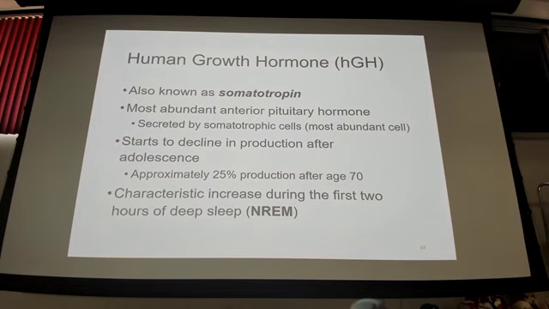Does anybody know the difference between REM and non-REM sleep? NREM, rapid eye movement, non-rapid eye movement. NREM is the deeper sleep, right? So it usually comes after. So the initial portion of NREM sleep is where we start to really make a lot of growth hormone. Does that make sense? What is the function of sleep? Rest and regeneration. So we're making growth hormone in order to help regenerate when we are in deep sleep. We're in the most rested and regenerative phase of sleep. Does that make sense, everybody? All right.